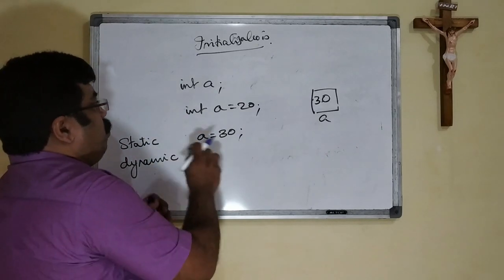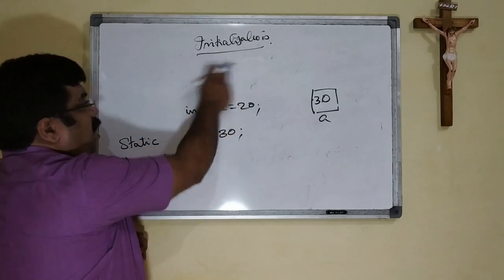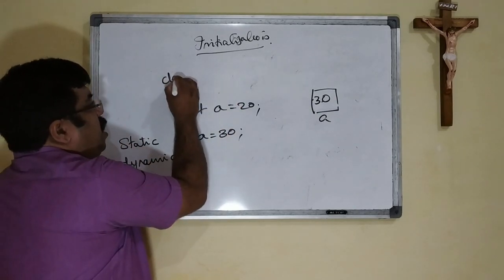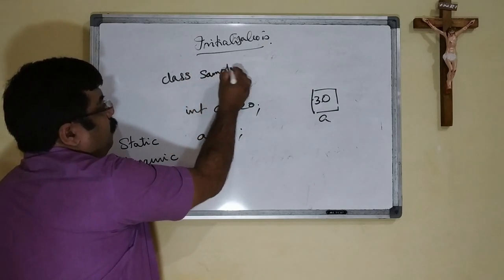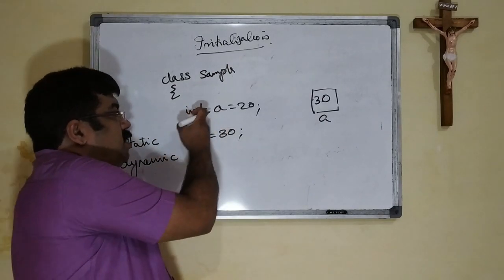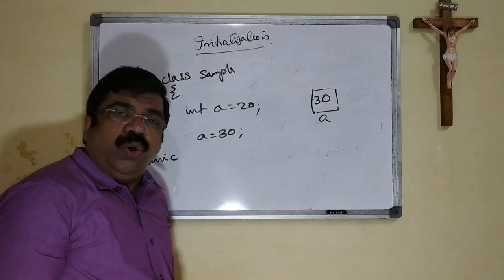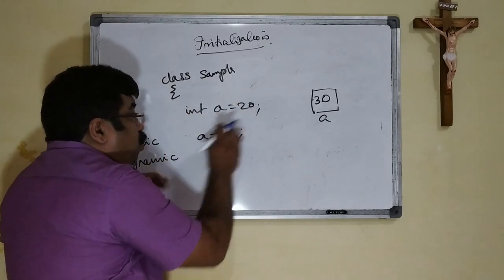Let us see with the help of an example. See, int a equal to 20 is given in a class sample. Within the class we gave int a equal to 20. So when we compile this program,